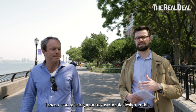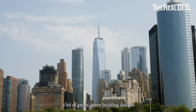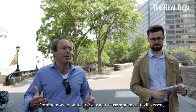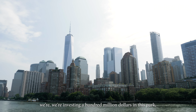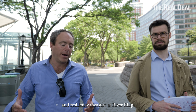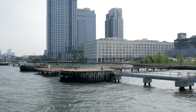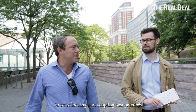I mean, you're using a lot of sustainable design in this, a lot of green building designs. We're investing tens of millions of dollars at Domino now to build a wastewater reuse system that will serve all those buildings. We're investing $100 million in this park and resiliency measure at River Ring. We're planning on using microgrid technology to power the buildings to go off of Con Edison's grid. So we're looking at adopting best practices around the board and